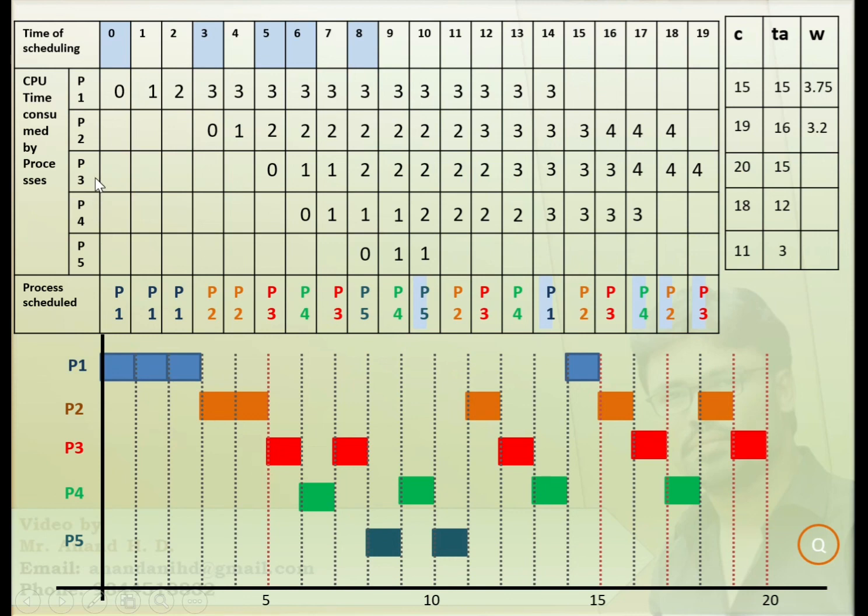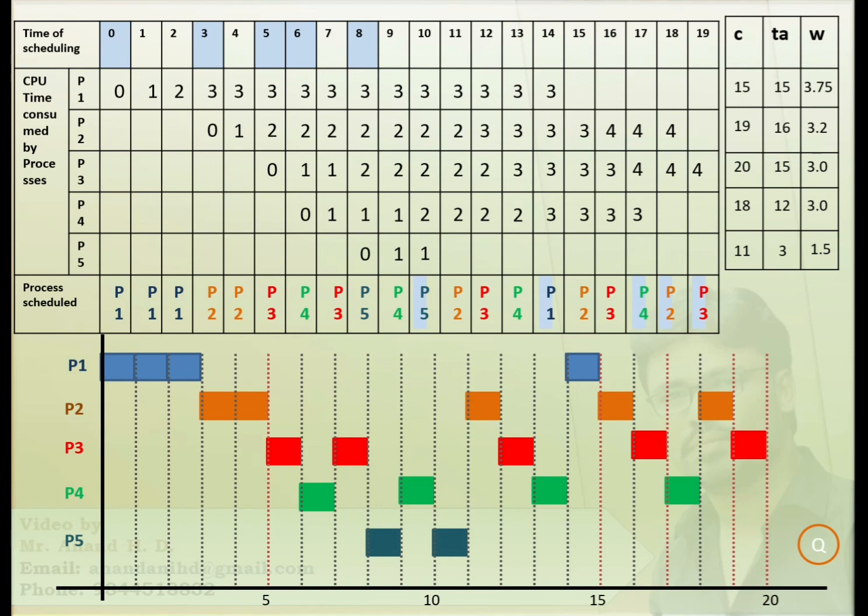Similarly, for process P3, turnaround time is 15 and service time is again 5 time units. So 15 by 5 is 3. For process P4, turnaround time is 12 and service time is 4. So 12 by 4 is 3. And for process P5, turnaround time is 3 and service time is 2. 3 by 2 is 1.5. So this is how we are going to calculate weighted turnaround time for given processes by applying